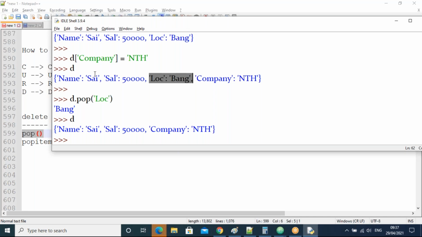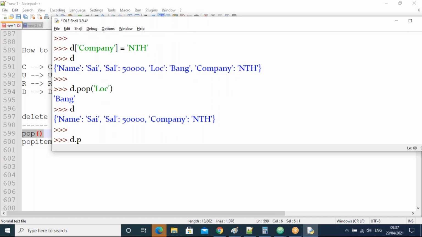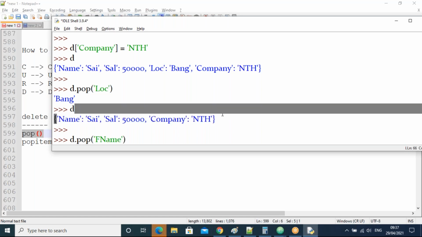That is the pop, guys. The key must be available in the dictionary. Suppose I try with D dot pop of F name, which is not available. F name is not there.